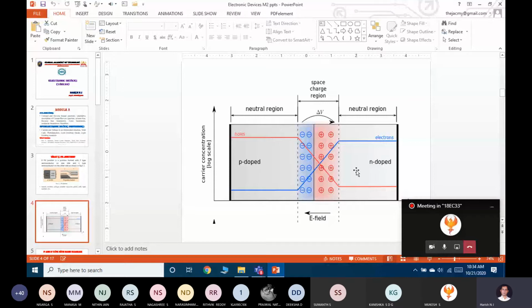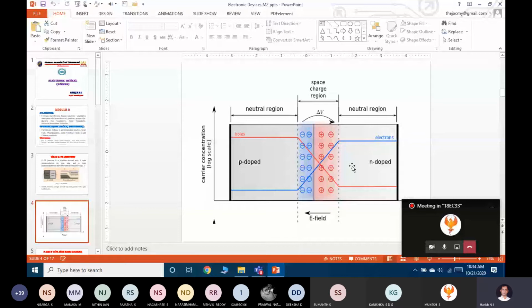But unfortunately in this case, the electron wants to move in one direction, and the built-in electric field will be there in the same direction. Once again it will oppose the movement of an electron from N type to P type. How much opposition will be there?